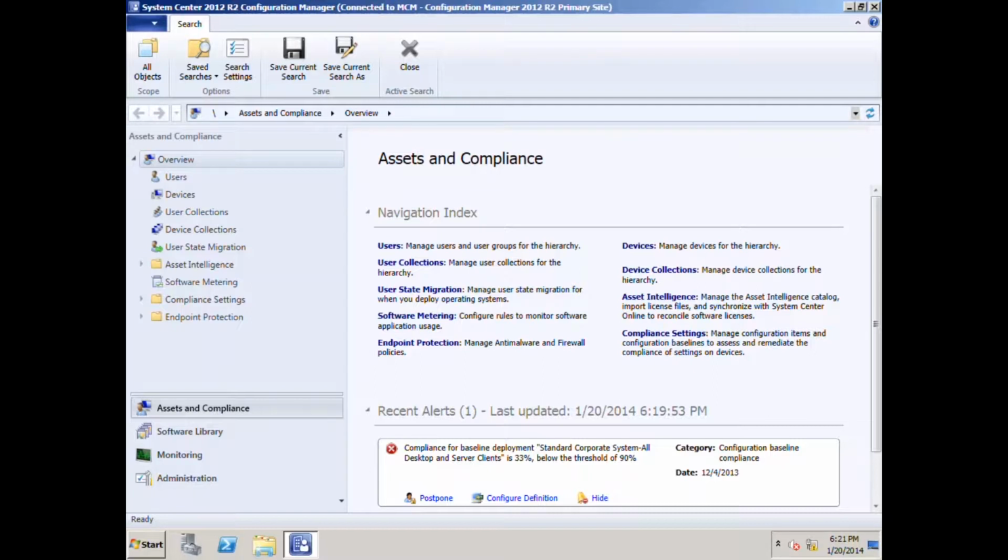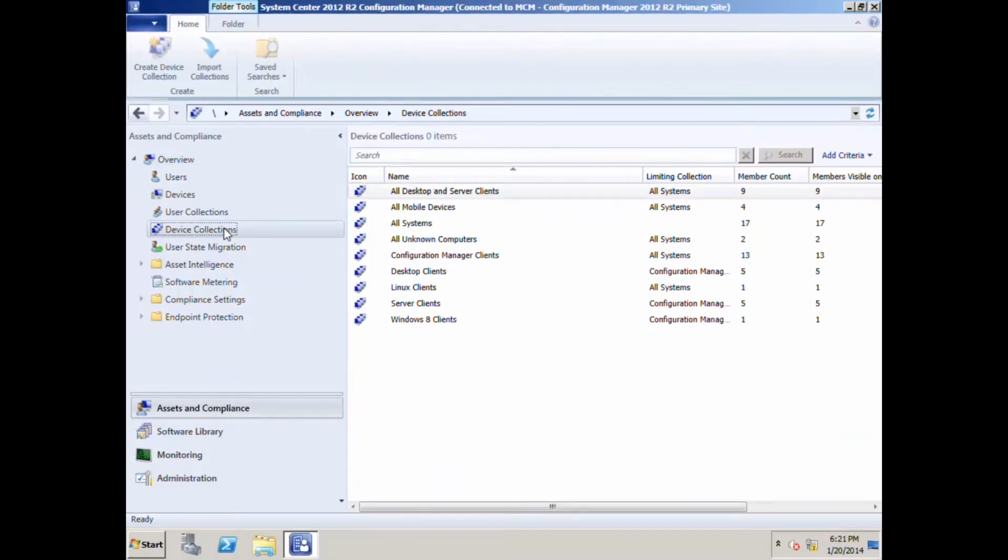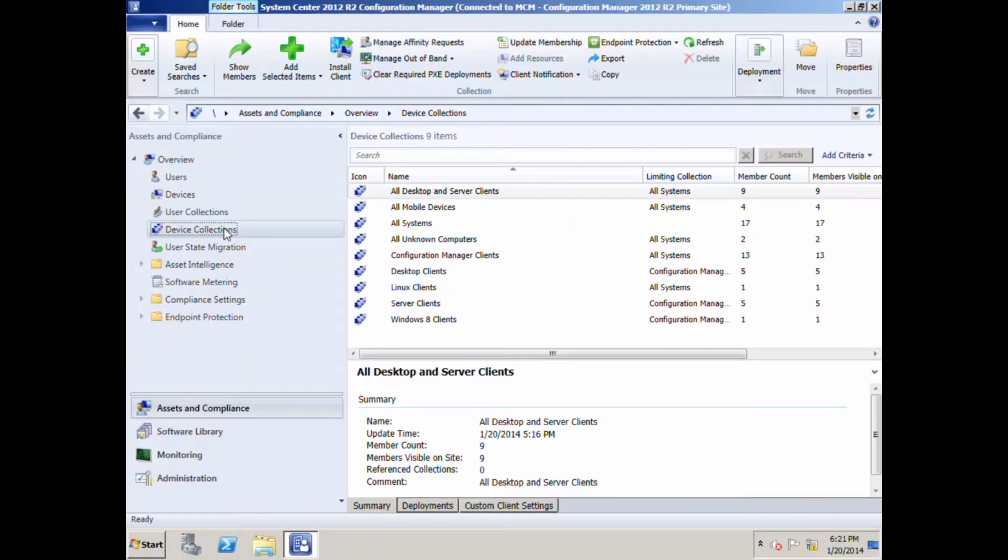On Assets and Compliance, the Assets and Compliance Overview page appears. In the navigation pane, click Device Collections. The list of collections is displayed in the Result pane. Notice that there are 9 collections in the Result pane. The 4 collections starting with All are built-in or default collections, while the other 5 collections are custom or admin-created collections. In the Result pane, click All Systems,